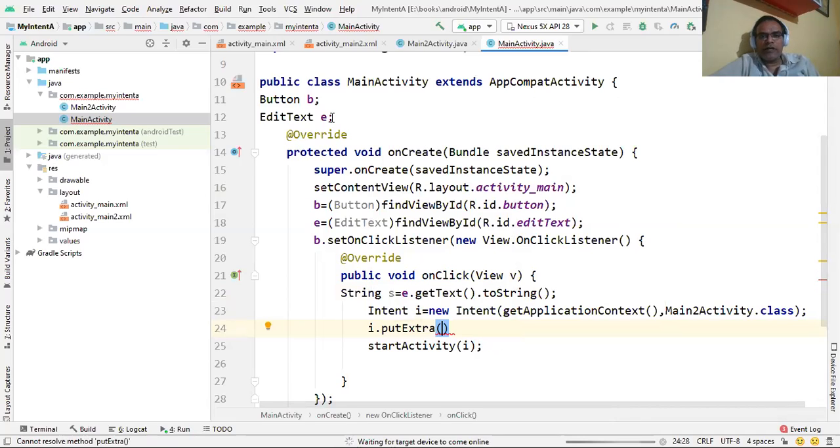Because the execution is complete, let me show you in the Android emulator. So you can see here. I will show you the Android emulator where you can see the execution, and that shows how we can move from one activity into another activity.